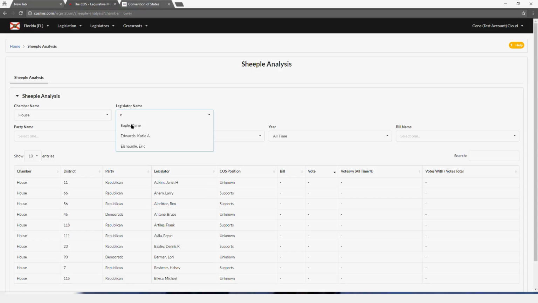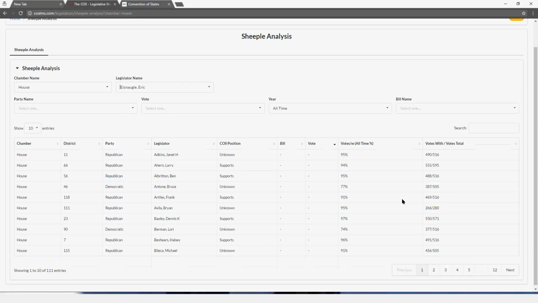Okay, and I pick Mr. Eisnagel. And I now can see how much of the time he has voted with, what percentage of the time he has voted with each one of the other individuals that are in the Senate or in the House. So here you can see, and I can